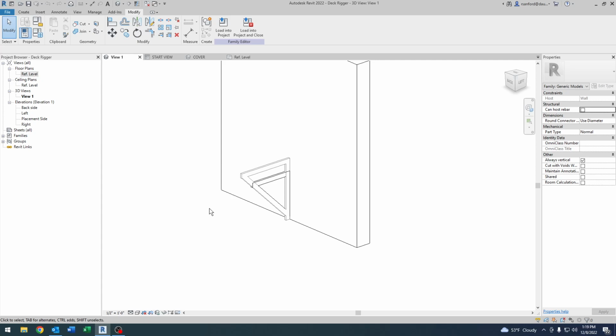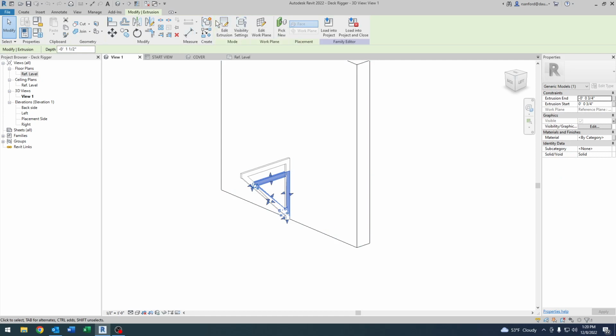You want to add parameters that can be adjustable. And in this case, you have an adjustable dimension in the X direction and in the Y direction. So typically I would set that up with parameters. But here I only had about an hour, so to do that and make it work, an hour just wasn't enough. And if you've worked in the family editor and made parameters that it can adjust, sometimes it can be finicky. So in this case, what I ended up doing was I made an extrusion,